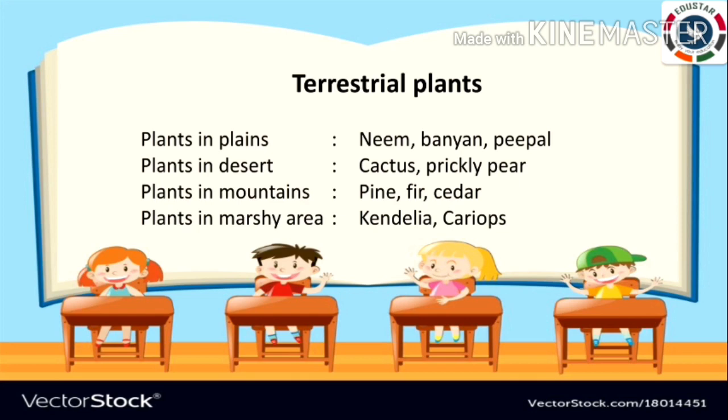So, plants in marshy area. Waterlogged places are called swamps or marshes. Marshy places have sticky and clayey soil. Mangroves are plants that grow in marshy region. These types of roots grow out of the soil to breathe as the soil does not allow the roots to breathe. Such roots are called breathing roots. Roots have tiny openings at their tips.